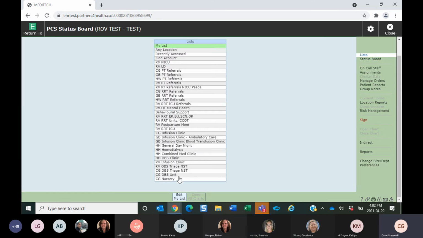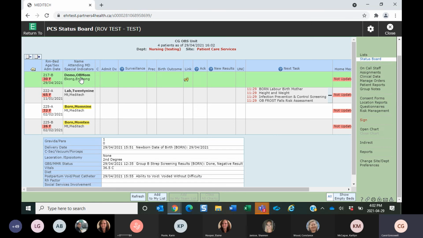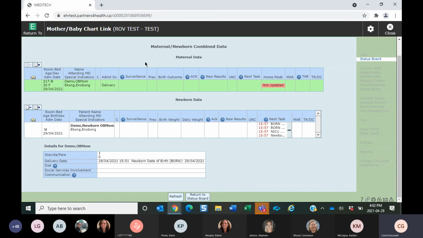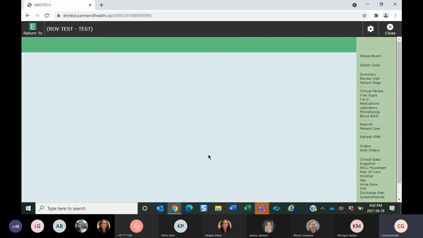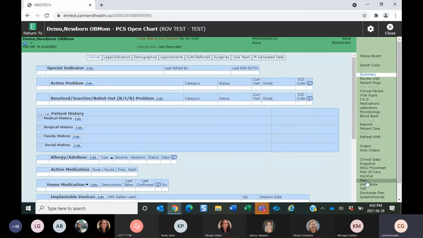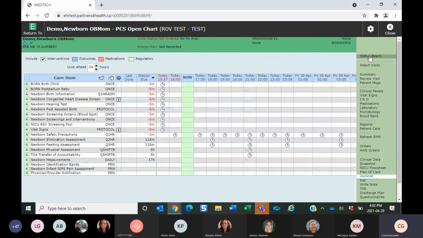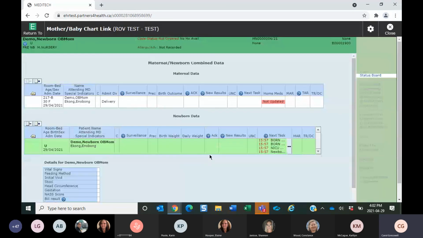Okay, so now I'll go down to here. There we go. So here's my demo mom. Yay. And here's the baby link. And you can see that demo mom now has a lot more information in my detail section because we've had the delivery, so you can see all the information there. And when I click on the baby, here's my baby. I can have two of them at the same time. I can open the chart from here and do my work just like I was doing there. When I flip back to my status board, then I have the two of them together so that I can be documenting on both of them at the same time here now